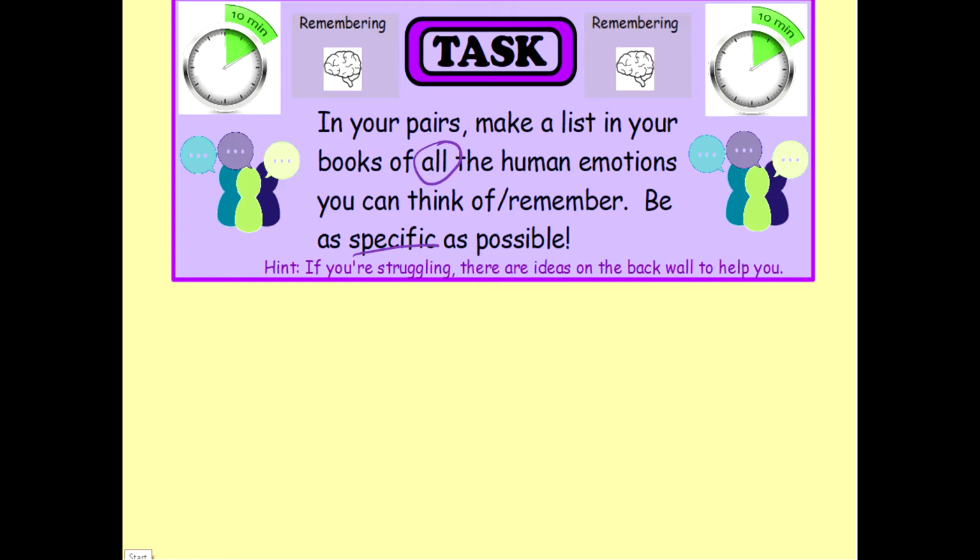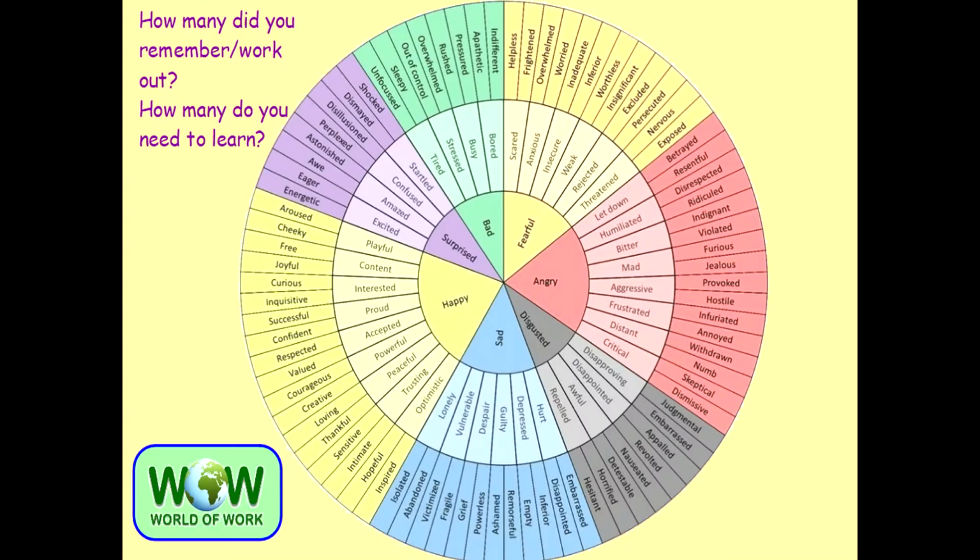Okay, well done. I'm going to assume that you've done that, and I'm going to give you what we call an emotions wheel. In the center here, you've got the main categories of feelings: sad, happy, surprised, bad, fearful, angry, and disgusted. And in there you've got more detailed words for these things. So under fearful, you can have scared, anxious, insecure, weak, rejected, threatened. Under sad, you can have lonely, vulnerable, despair, guilty, depressed, or hurt. Under angry, you can feel let down, humiliated, bitter, mad, aggressive, frustrated, distant, and critical.